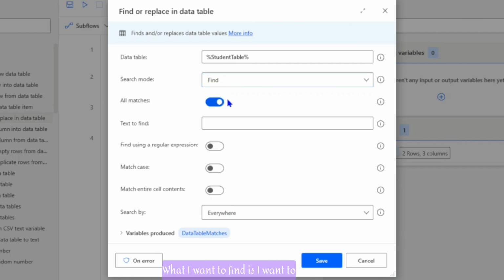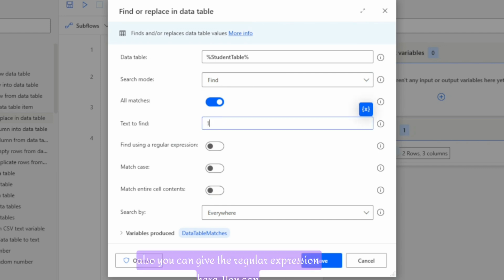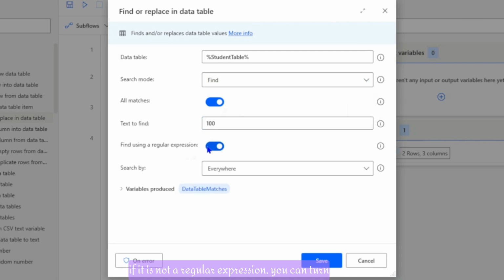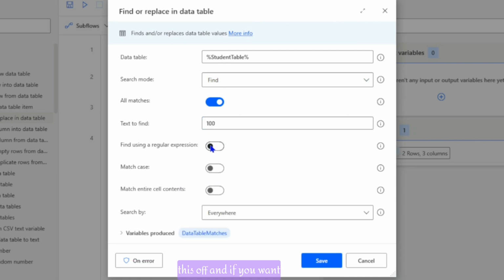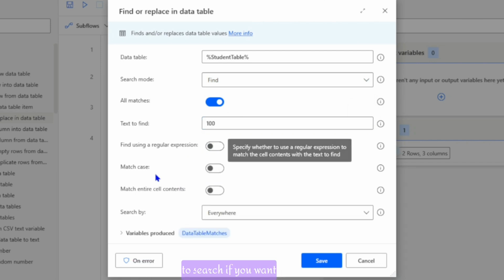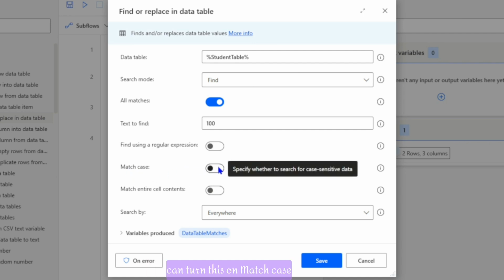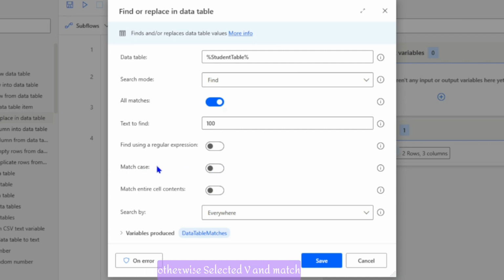Now what I want to find is 100, and also you can give a regular expression here. If your text is a regular expression, you can turn this on, and if it is not a regular expression, you can turn this off. And if you want to do a case sensitive search, you can turn this on, match case, otherwise let it be. And match entire cell content,